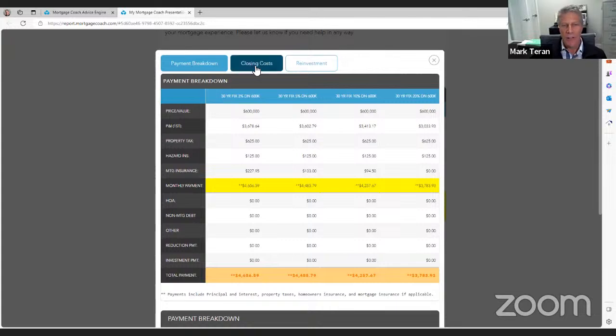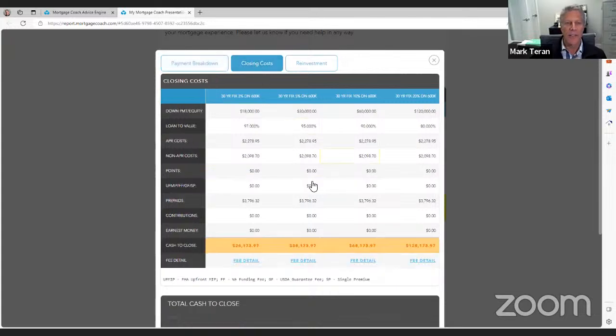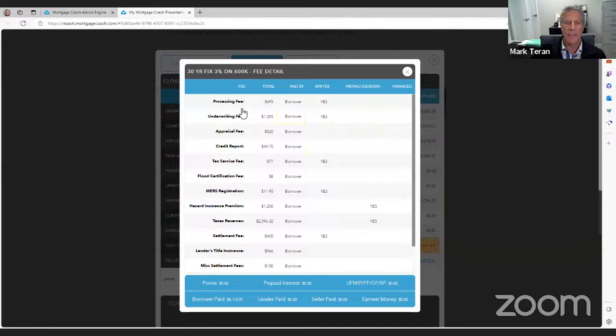And then I'll instruct them, hey, you can click on this closing cost tab. And here we've got the down payments. And then there's the loan to value, how much we're putting down, and then costs. And I'll usually instruct them to go down to this fee detail and click on that. So I'm going to do that right now. And so you can see